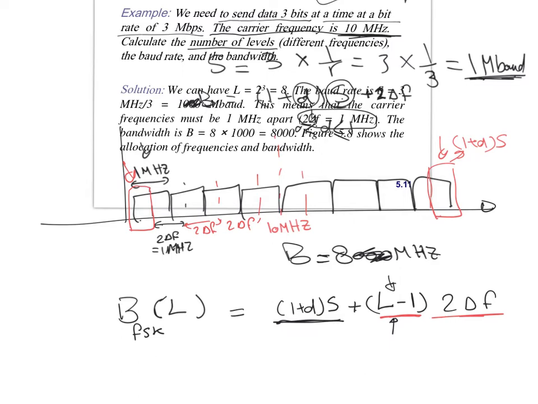So it is 1 plus d times S plus L minus 1 times 2 delta F. This is for any arbitrary 2 delta F. So if I tell you to ignore the value of 2 delta F and calculate the minimum bandwidth, the minimum bandwidth is when 2 delta F equals